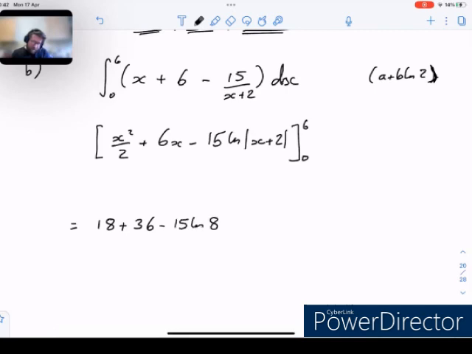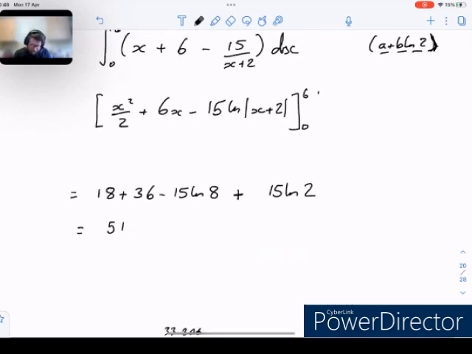And then we've got to take away what we get when we sub 0 in there. So 0 squared over 2 is 0, plus 6 times 0 is 0. But then we're left with minus. So we're taking away minus 15 log 2. Okay. So it wants the answer a plus b log 2. We can do that. Equals